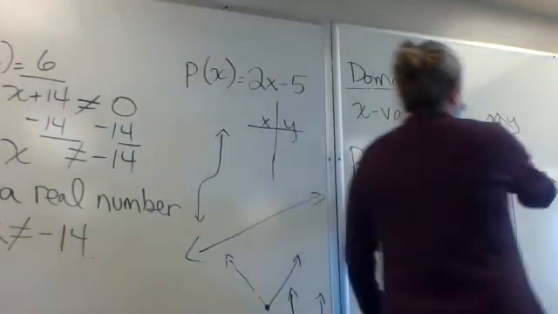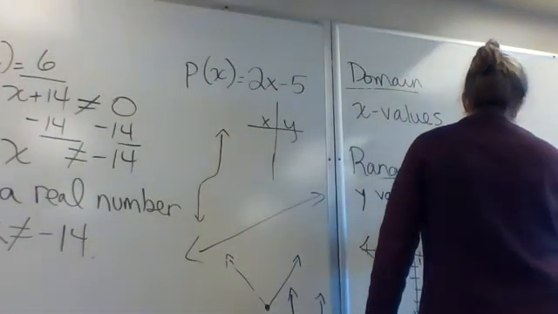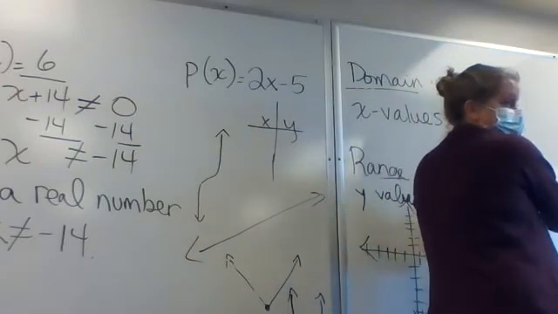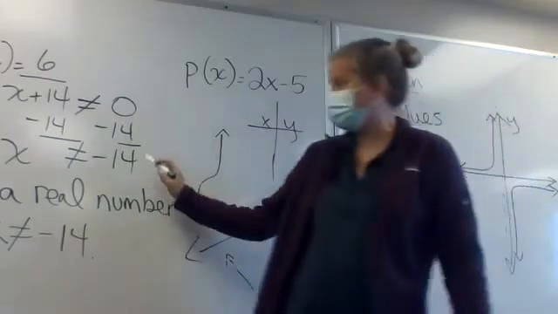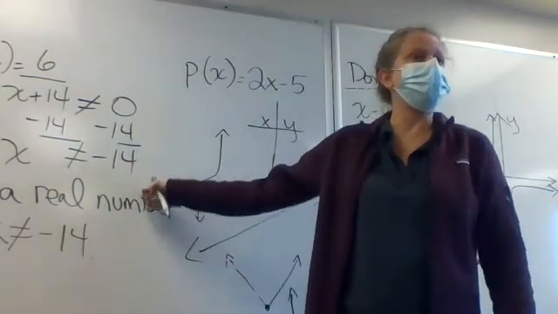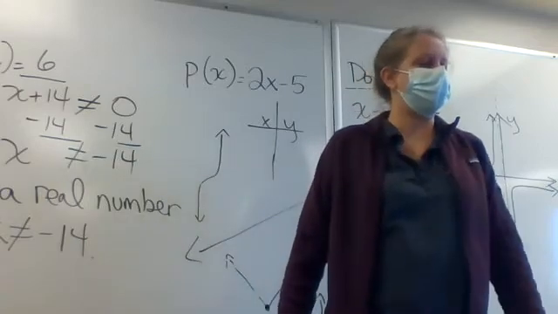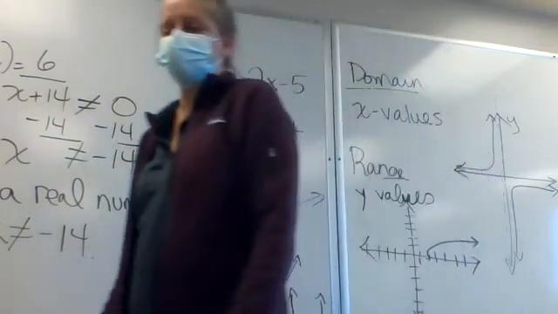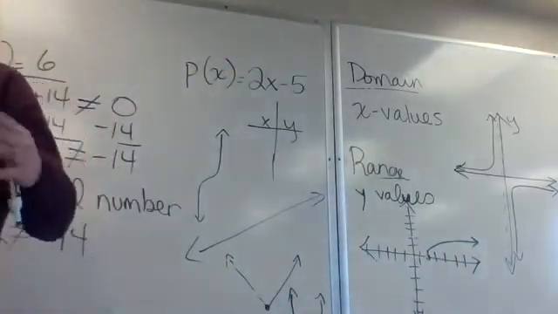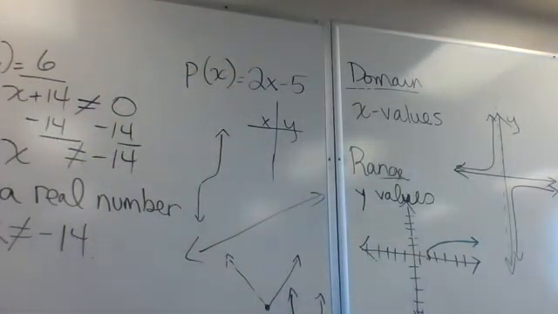And there will be a part right here where it doesn't have a point. And it wouldn't have a point where the X was -14. But a rational function looks like that on a graph. So those are the ones, the square root and the rational functions, that are going to have a restriction on your domain. Yeah. All right,